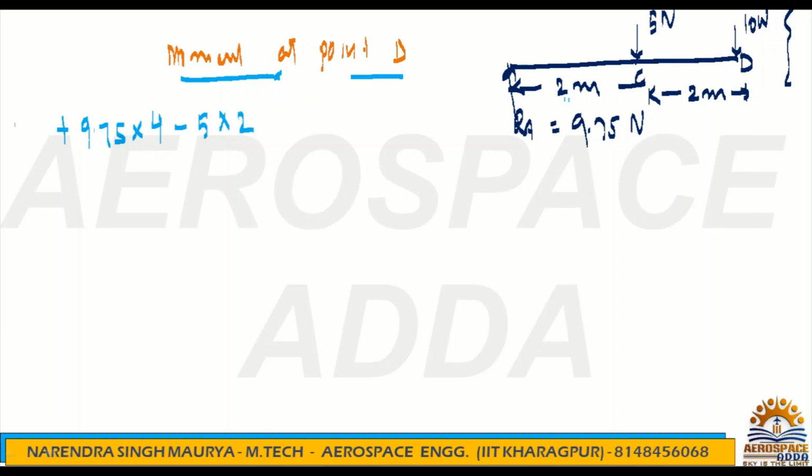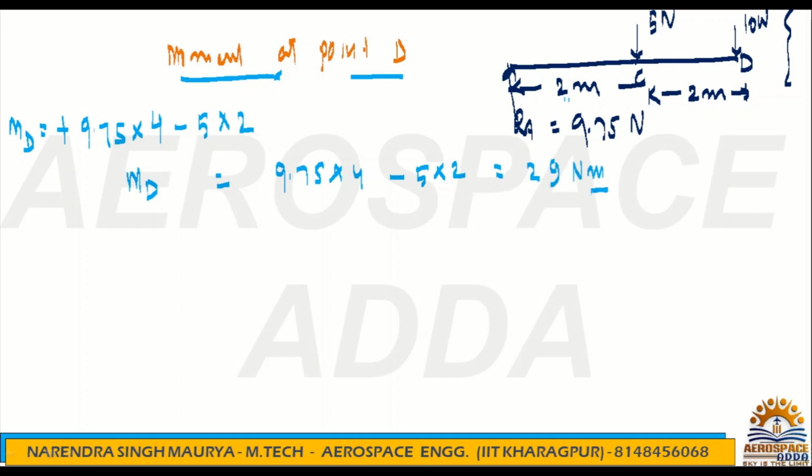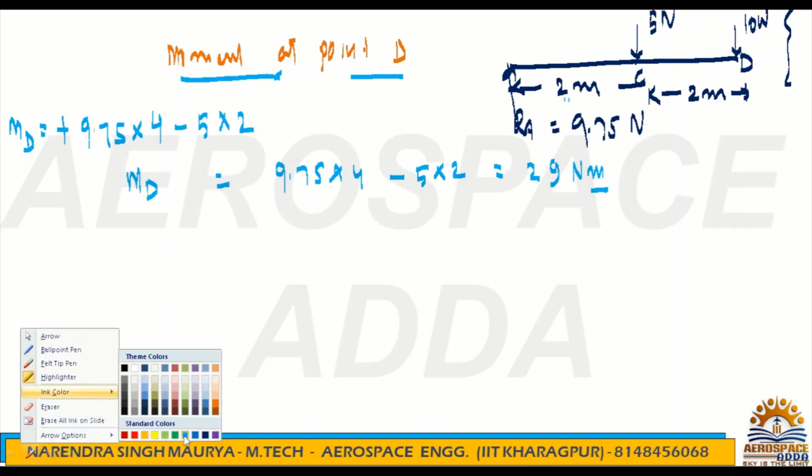And this will be the MD value. What is this? It is nothing but MD. You can write here or here, anywhere. So this is the moment at point D, means 9.75 into 4 plus minus 5 into 2. So if you calculate this value, you will get 29 Newton meter. Then similarly, you can write moment